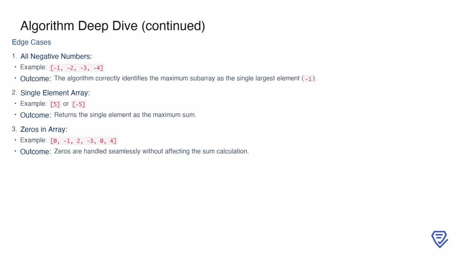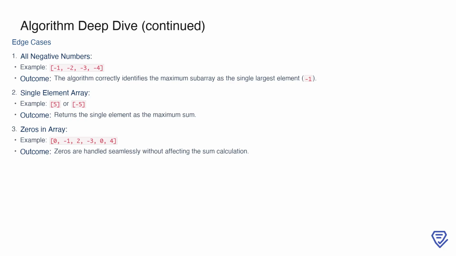This algorithm gracefully handles edge cases that often complicate subarray problems. For instance, in arrays where all elements are negative, such as -1, -2, -3, -4, the algorithm correctly identifies the maximum subarray as the single largest element, in this case, -1. For single-element arrays, whether the element is positive or negative, like 5 or -5, the algorithm simply returns that element